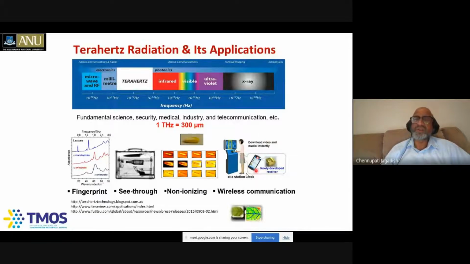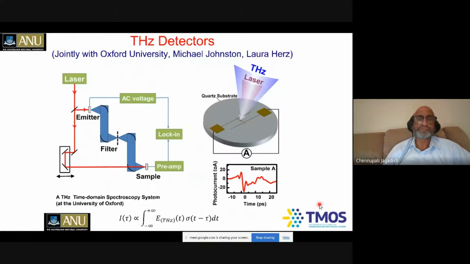Wireless communications, where you can download a lot of information from your kiosk or your smartphone, for example. Also detection of water content in leaves so that you're only watering the crops when they need it, rather than wasting precious resources like water. Really, terahertz has lots of applications. We have looked at terahertz sources also, and in this particular case, using nanowires for terahertz